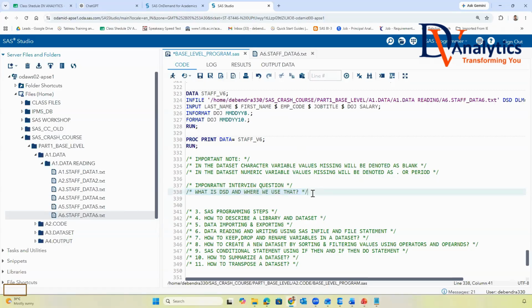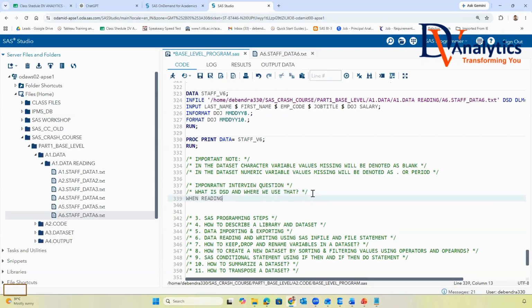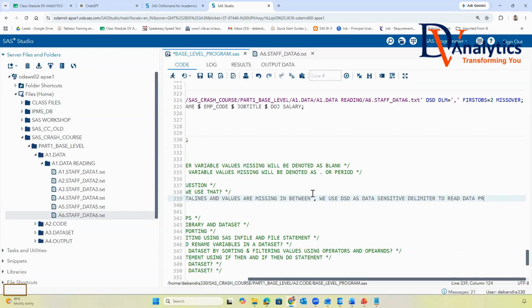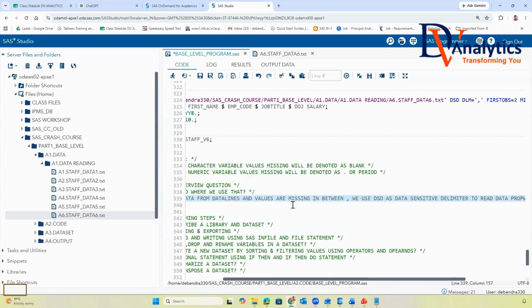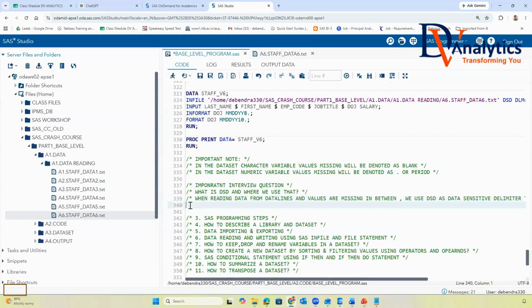DSD stands for data sensitive delimiter. When reading data from data lines and values are missing in between, we use DSD to read data properly with missing values. Is that clear to all, everyone? Yes, sir.